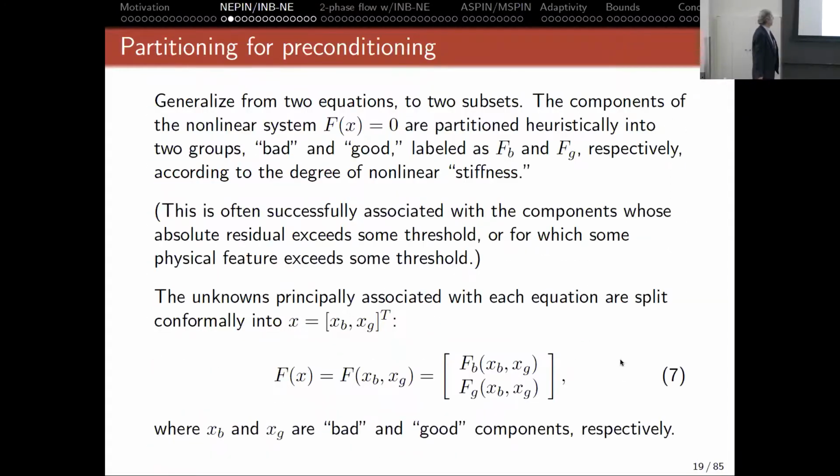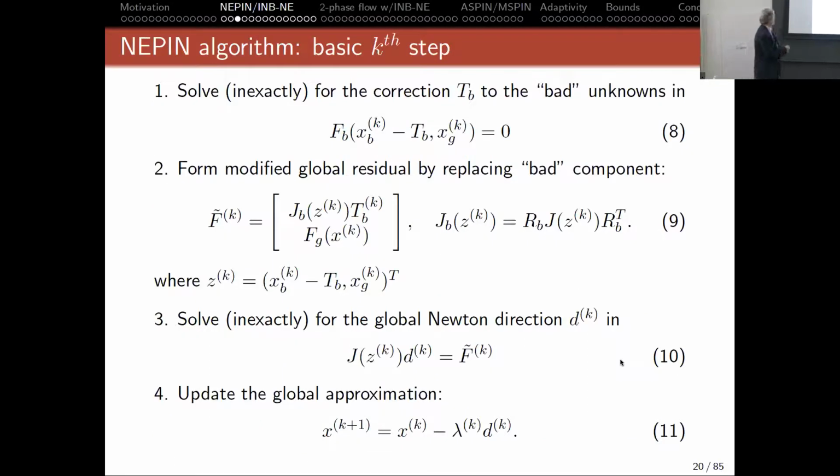So let's look at a more formal presentation where we break a system of nonlinear equations into the bad unknowns and the good unknowns, and associate the equations diagonally. Usually that's easy to do with a PDE. You know which conservation law is centered on which degree of freedom. And so this is a 2-way partition. We could have multi-way partitions. But we are going to eliminate the bad degrees of freedom, that is to say, solve the bad equations while keeping the good unknowns fixed. So this is sort of the preconditioning step.